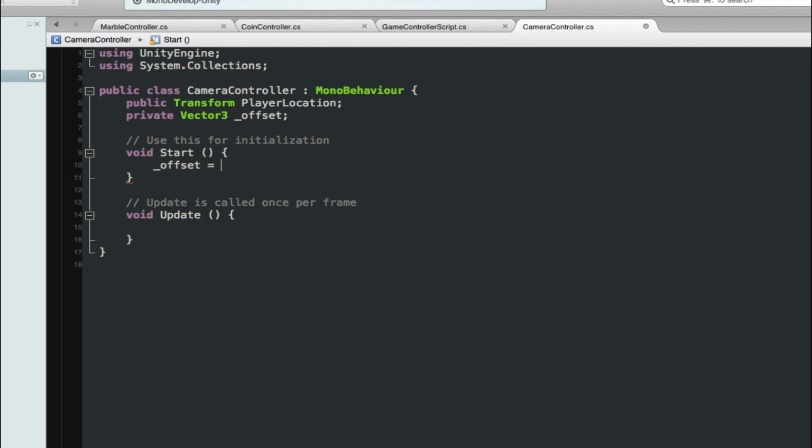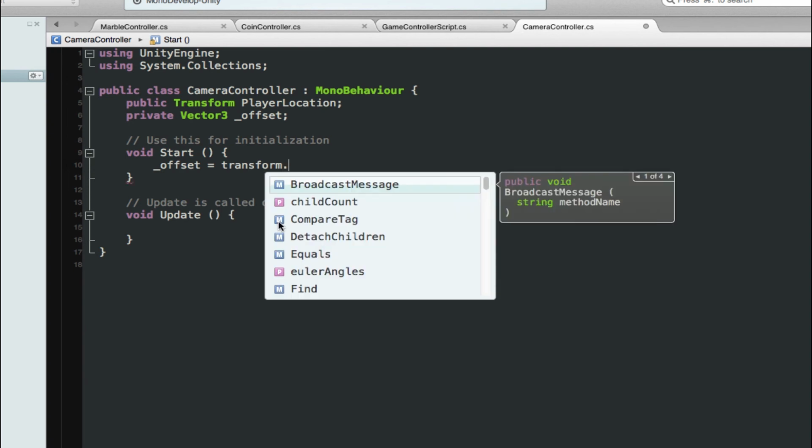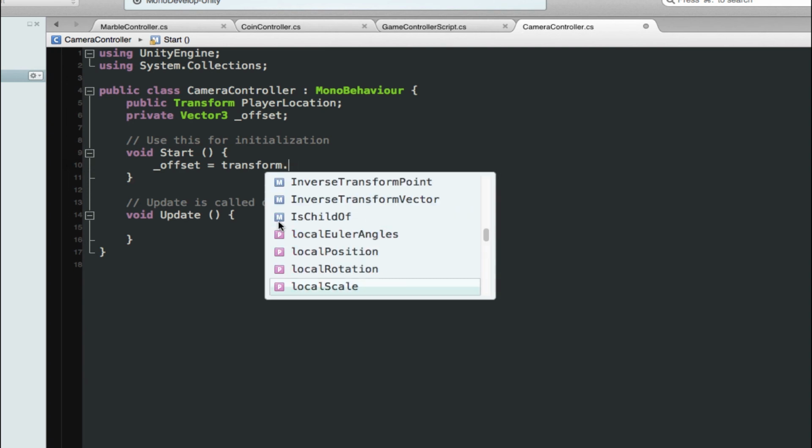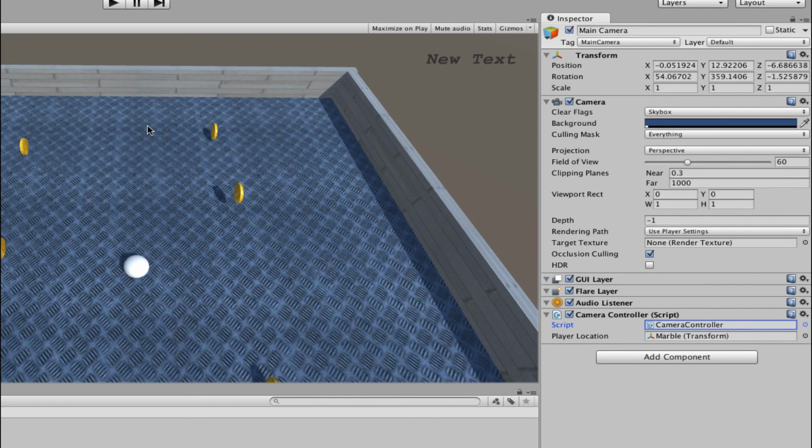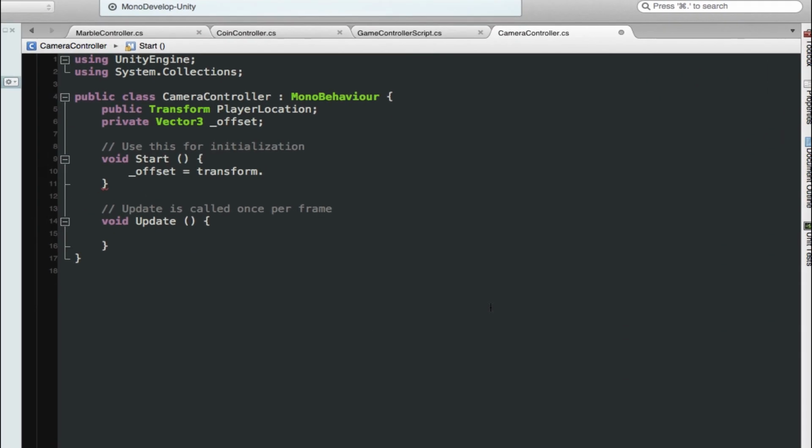Well, I have the camera's location because this is on the camera itself. So it's basically just going to be transform dot, I want to say location, that's not right, it's position. If you get stuck, you can always move all your windows out of the way and go back over here. So transform dot position, not location. For some reason I'm thinking location. Let's go back and get that back. So let's do transform dot